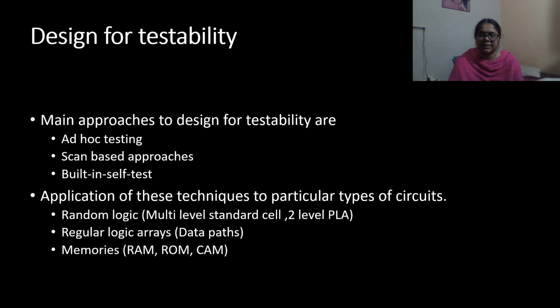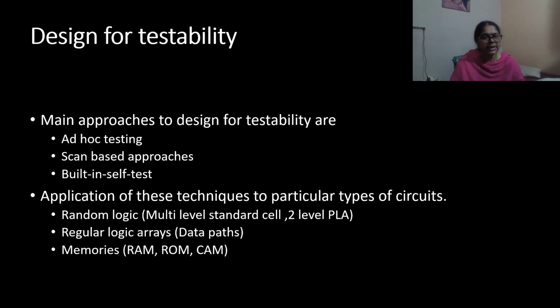Design for testability. The phrase design for testability refers to how a circuit is either designed or modified so that the testing of the circuit is simplified. The keys to designing testable circuits are controllability and observability.